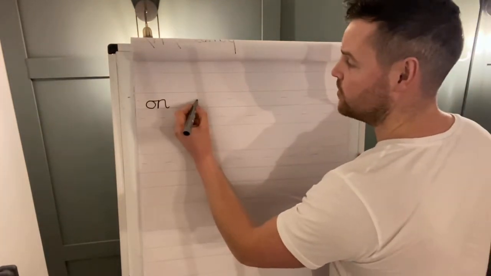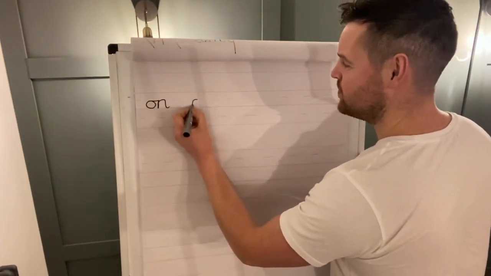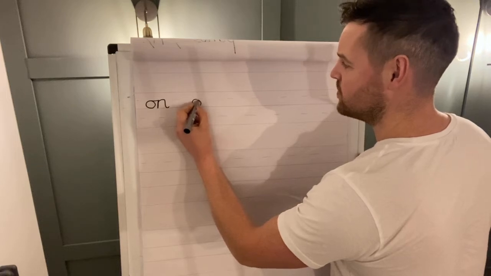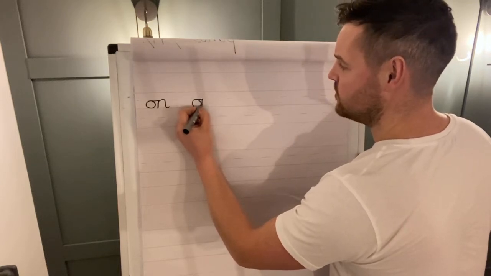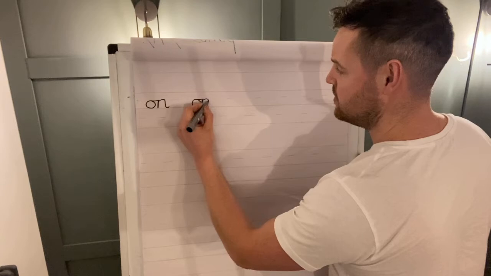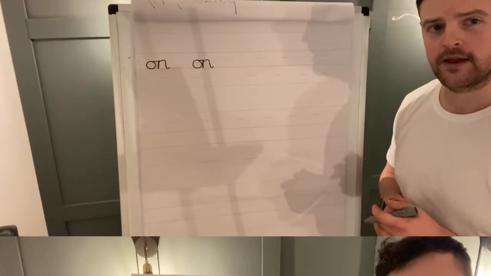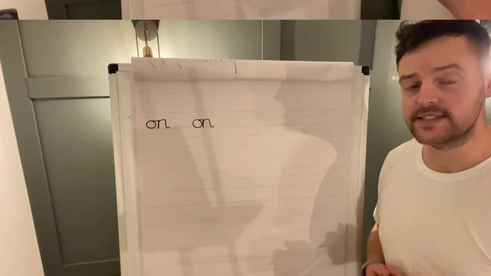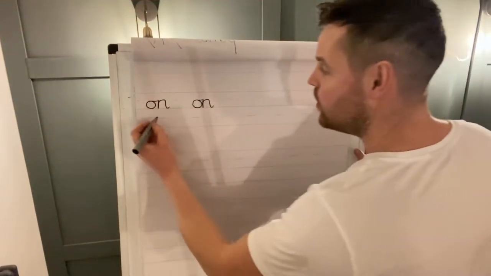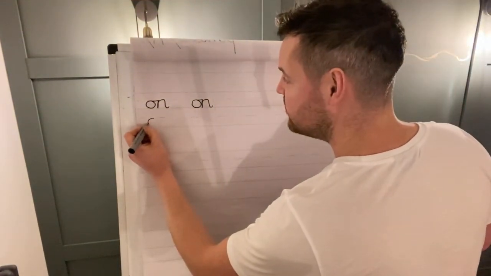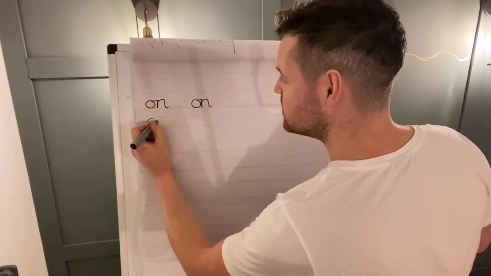We'll do it one more time. Cross into our N, and finish with a flick. Okay, we also looked at O joining to a V. So O,